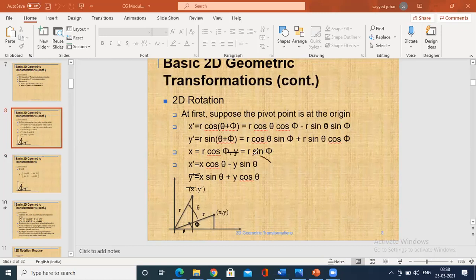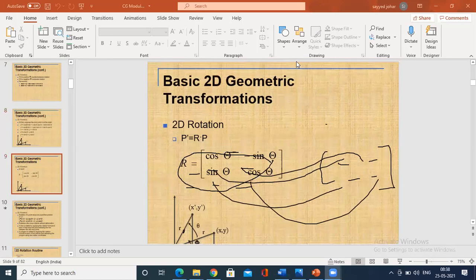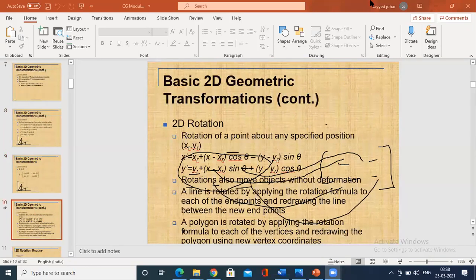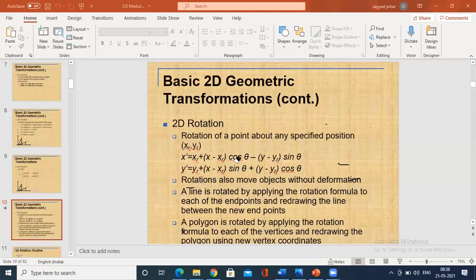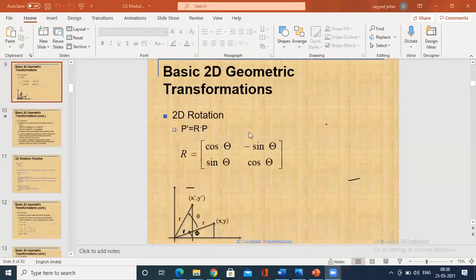In this case, you have to eliminate that and write it in terms of a two-dimensional matrix: cos theta, minus sin theta, sin theta, cos theta. Clear? See, this is the way.